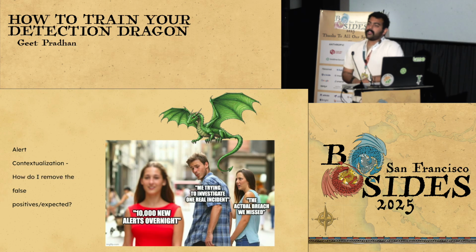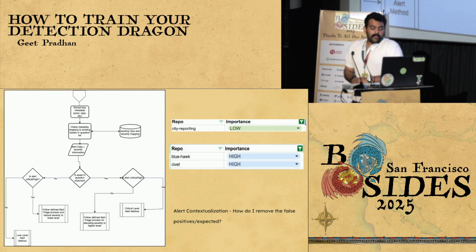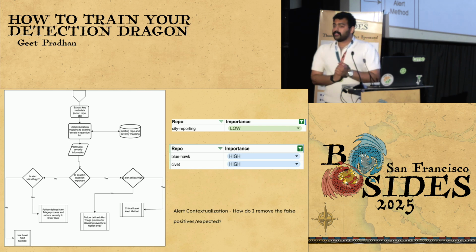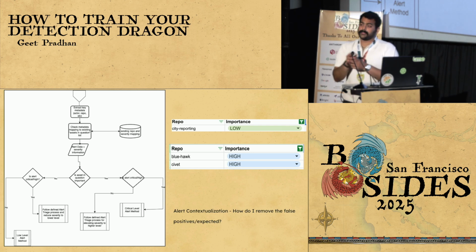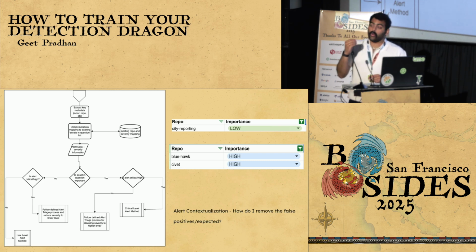Now, this is a very relevant meme that happens to me all the time, right? Except there's no breach, it's just an important alert. How do I remove these false positives, right? You have to add a little bit of context. This is an example of what we've done when it comes to GitHub, right? We just added a little bit of context about the repository. Now we ask, are these repositories really important? In this case, some are not. I don't want to be woken up in the middle of the night if the repository, or the asset, that we're talking about is not business critical. The reason is I just don't have time, right?